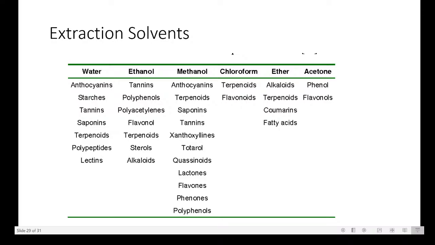Yesterday in class I mentioned acetone, methanol and ethanol come under mid-polar. Okay, this is all about phytoconstituents. Tomorrow we will